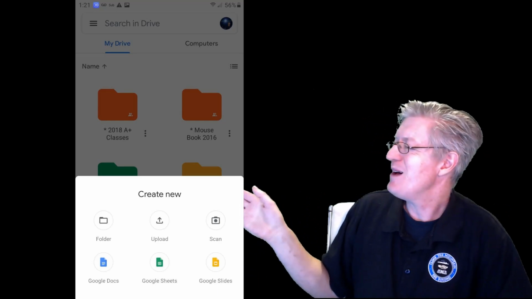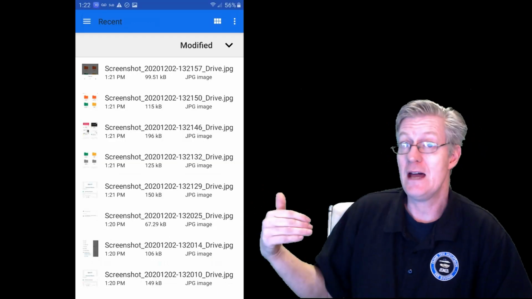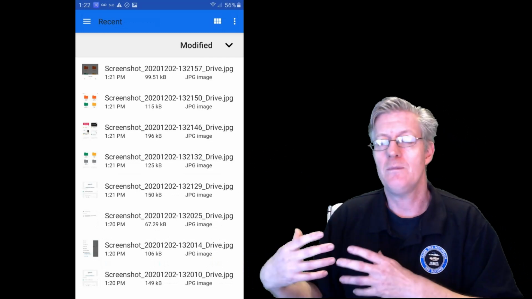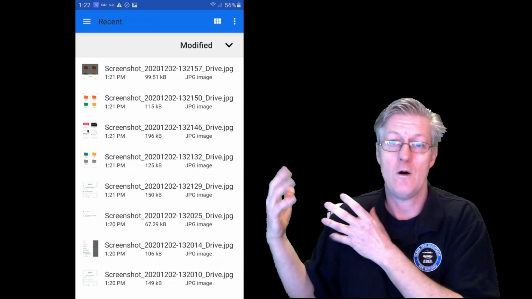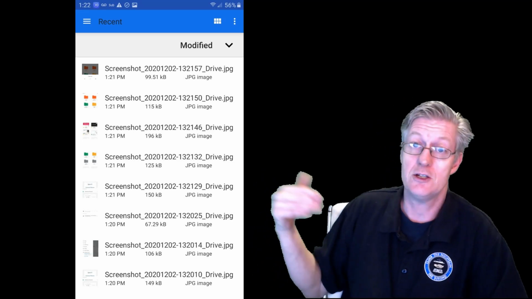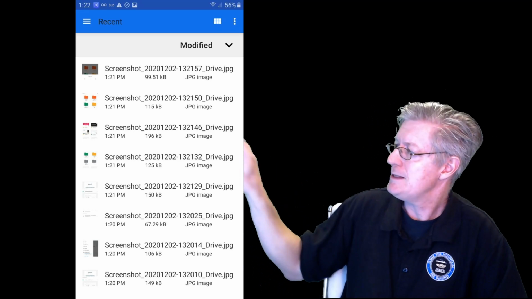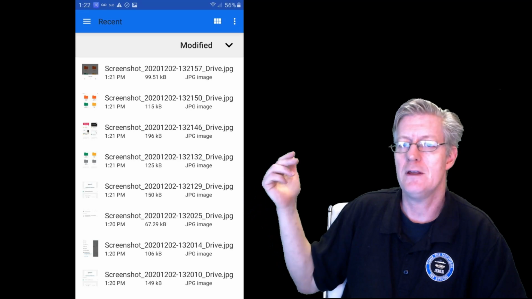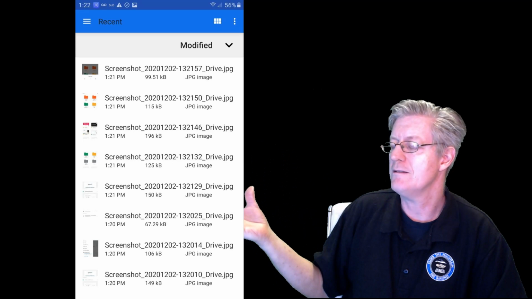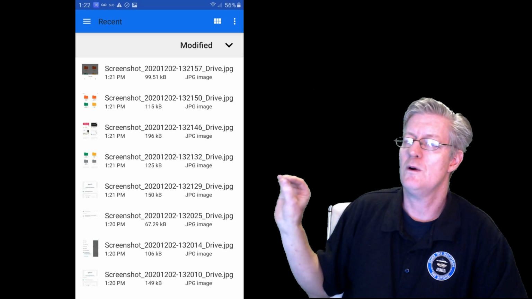Now, going back to upload. I'm going to tap on upload, and when you tap on upload, you have all these options to upload. You can upload files, you can upload a whole folder if you want to, and I'm inside the storage of my phone right now, and you notice that I have my screenshots. I can tap on those and there will be the option to upload those, and those would be added to my Google Drive. It is, like I said, possible to add folders as well.